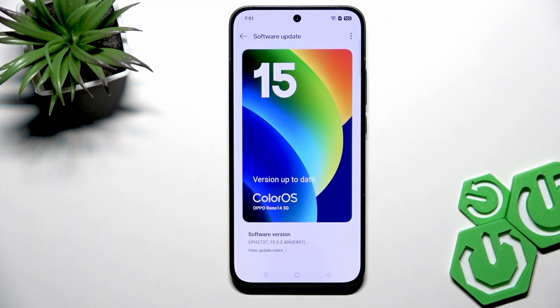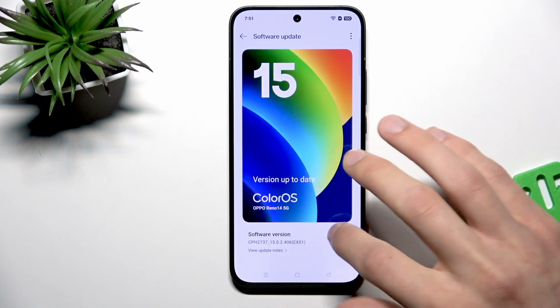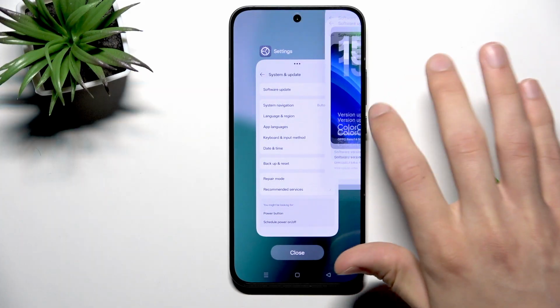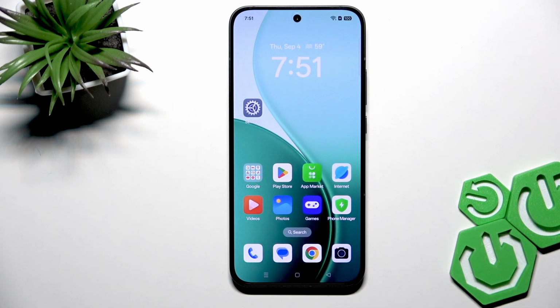Of course you have to be connected to the internet in order to do that. And as you can see, everything is up to date for me, but if you do have any updates, then take your time and install the latest ones. And this way you will make your hardware work in touch with your software, and hopefully this will fix your